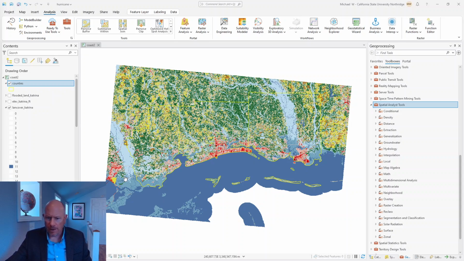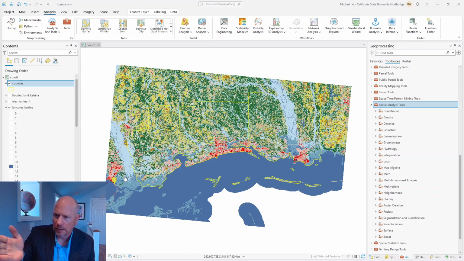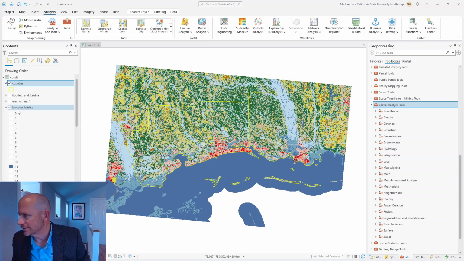Okay, let's keep mapping. Let's keep analyzing spatial things here. So, where we left off was starting to look at and deal with... Oh, I misspelled land cover. This is land cover. Oh, well, I'll leave it. This is what happens when you're making this up as you go and clicking multiple things. Okay, so where we left off was we were starting to look at this unwieldy land cover data